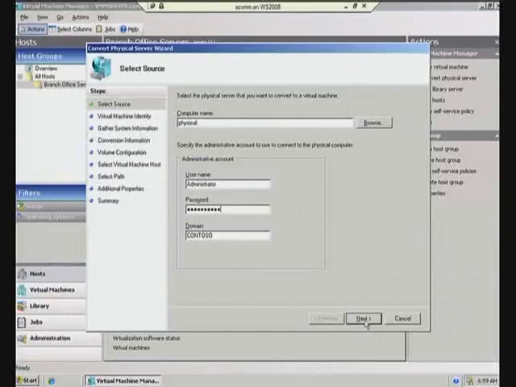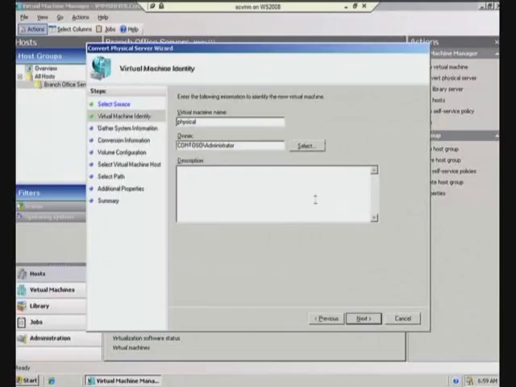Then it's going to allow me to actually do the migration. So I have the option of saying, what do I want to name the virtual machine when I do the migration? Maybe I don't want to call it the same thing in the admin. A lot of people say they do want to call it the same thing, so you leave it alone. And you can set the owner. By default, it's whatever you're logged in with. You can set it to something else. As an example, I'll set it to self-test